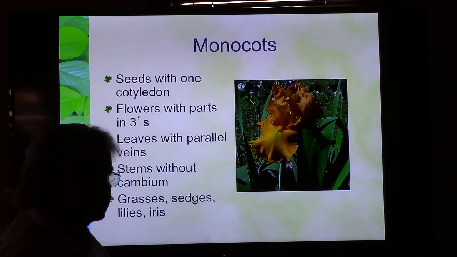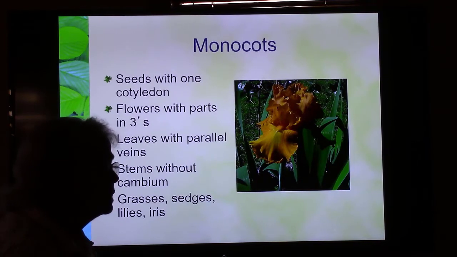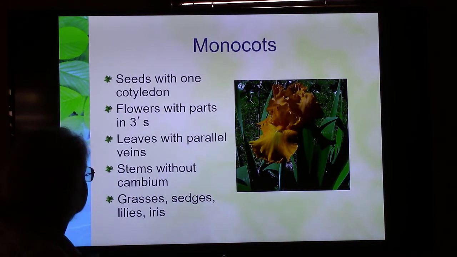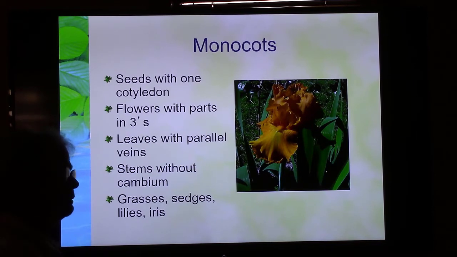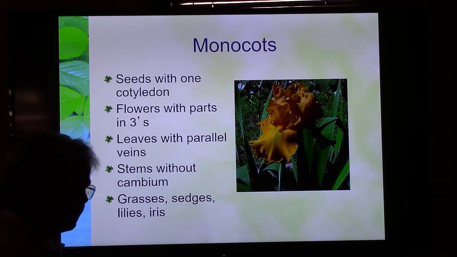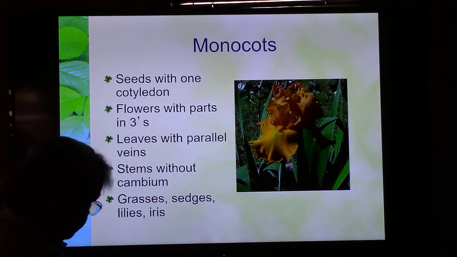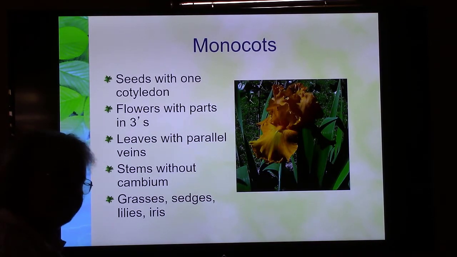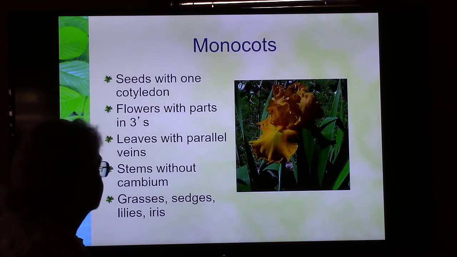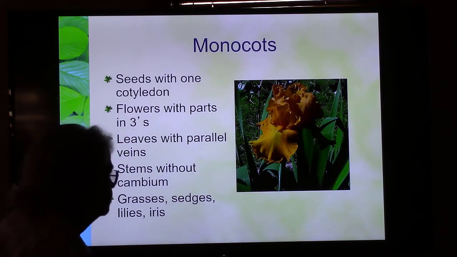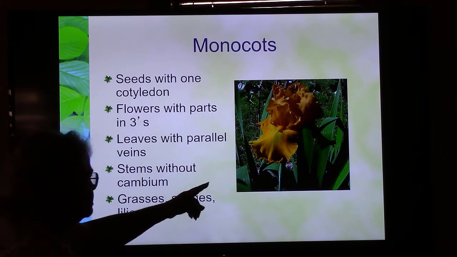Now, we don't go around tearing up seeds very often, so what else could we use to recognize this group? Well, conveniently, the parts of the flower come in threes. So, 3 petals or 6 petals, a multiple of 3 is the easiest way to know a monocot if it's blooming, okay? If you look at the leaves of a monocot, the veins in the leaves